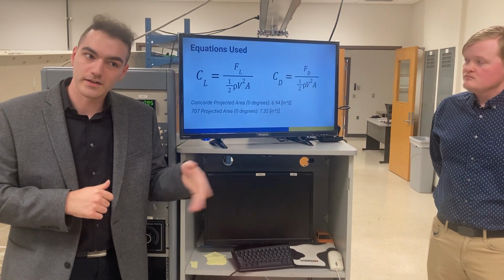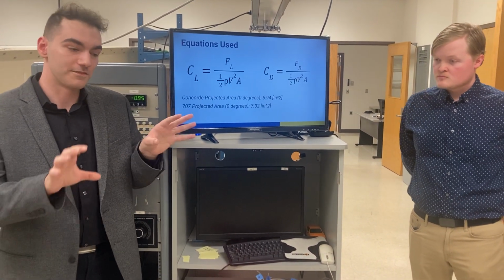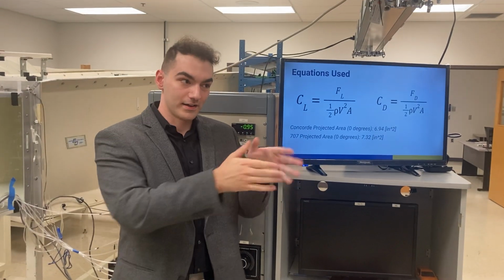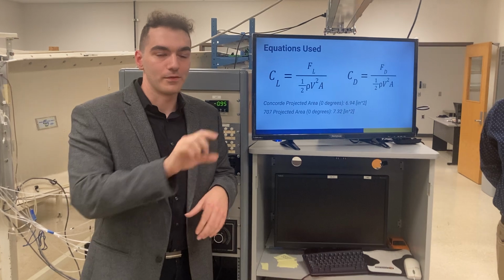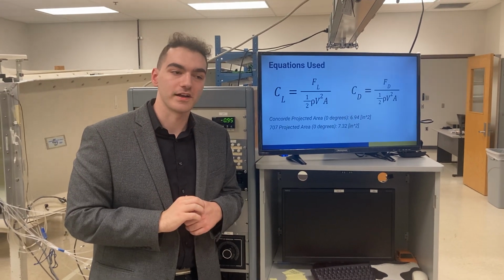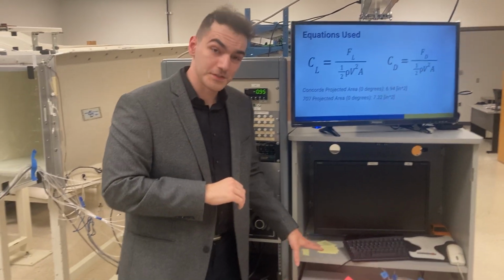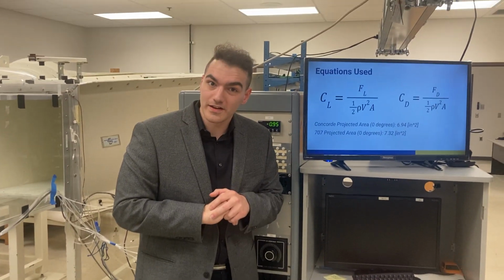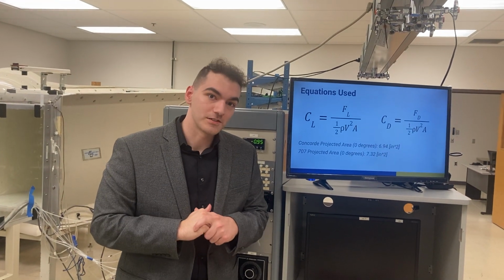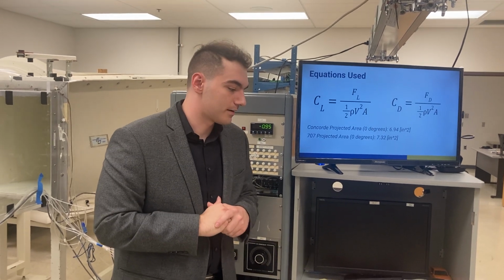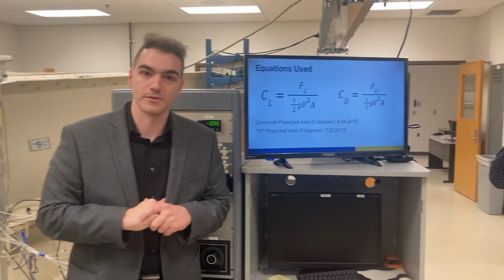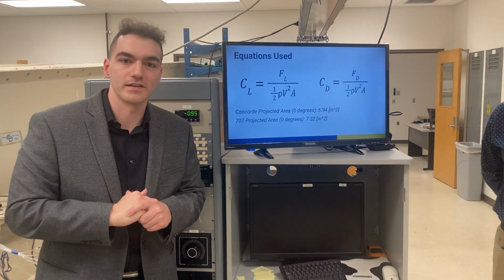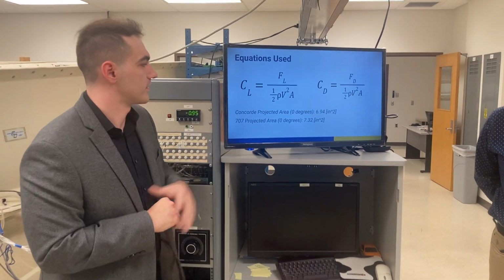This is projected area. Projected area is effectively if you were to shine a light in the direction that air is traveling over the wing, it would create a shadow on a back wall, and we are finding the area of that shadow. Because these are full-scale wings and it can be somewhat complicated to actually find the projected area, we used SolidWorks, where we cut these out, and using some SolidWorks techniques, we were able to basically create a virtual shadow,